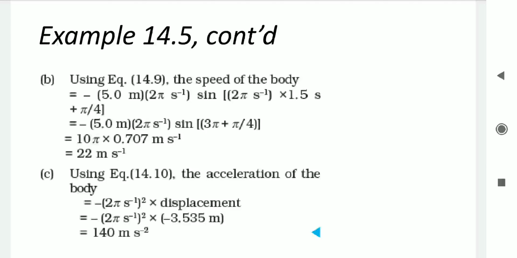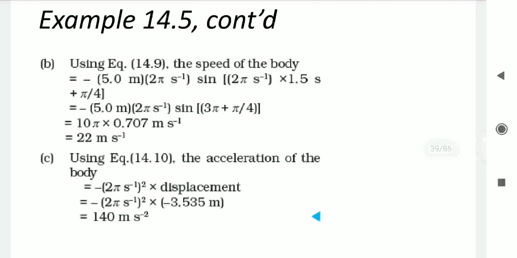Now the third quantity we need to determine is acceleration. We are having that equation of acceleration, that is minus omega square a cos omega t plus phi, that is minus omega square x of t. X of t displacement we have already determined. So minus omega square into displacement. Omega is 2 pi. So minus 2 pi square into minus 3.535 meter will give you the acceleration 140 meter